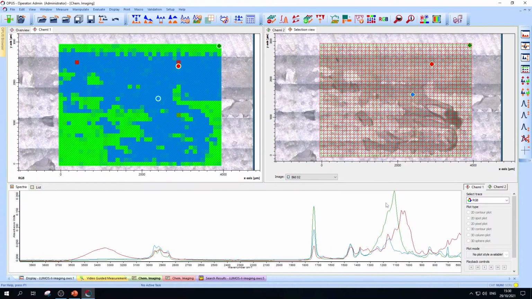So this is an example of how we can evaluate in a very quick and reliable manner surfaces where a certain contamination could not be seen visually, but be easily detected in the IR in a very smart and automated way with this smart adaptive k-means clustering method. Of course, we also have other examples in the field of food packaging material, which I want to show you right away as well.